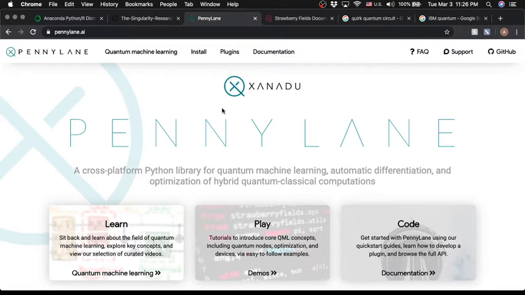PennyLane is a software specifically for quantum machine learning. And so quantum machine learning, if you don't know what that is, maybe now is a good time to explain that. Machine learning is kind of the foundation for artificial intelligence. I mean, there are some more algorithmic type approaches to artificial intelligence. Sometimes they call it good old-fashioned artificial intelligence, which incorporates a lot of instructions on how to do things. But machine learning is, I think, probably more important in a lot of cases to artificial intelligence because